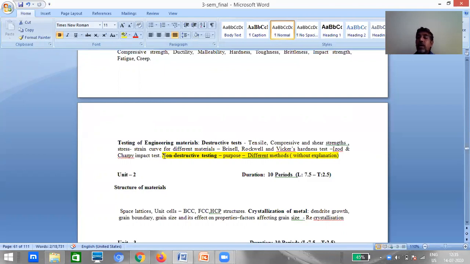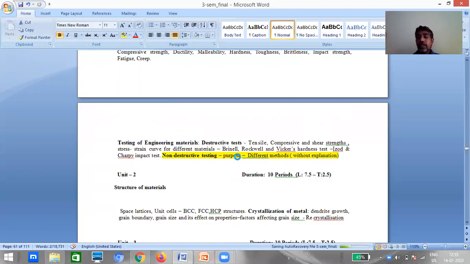we had a small concept on non-destructive testing, that is just an introduction to non-destructive testing. In the introduction, we discussed what is meant by non-destructive testing, the purpose of non-destructive testing, and the different methods that are available for non-destructive testing procedures. The different non-destructive test methods, which we have discussed just now, are visual inspection, liquid penetrant test, ultrasonic test, radiography, spark test, and magnetic particle test. Okay, all this comes under non-destructive testing.